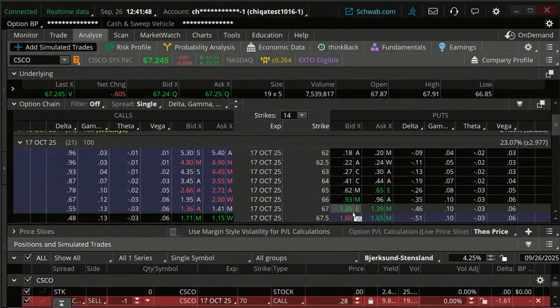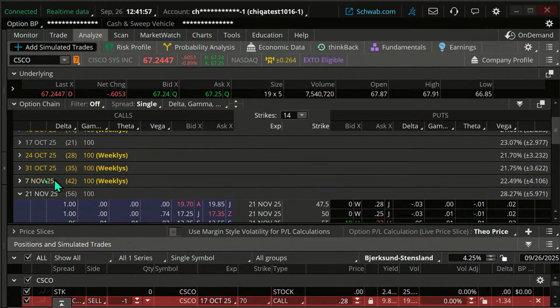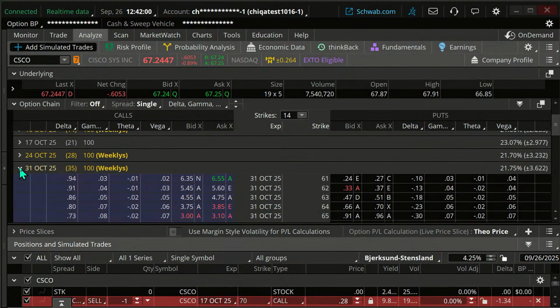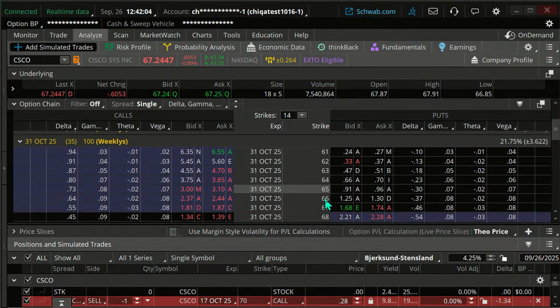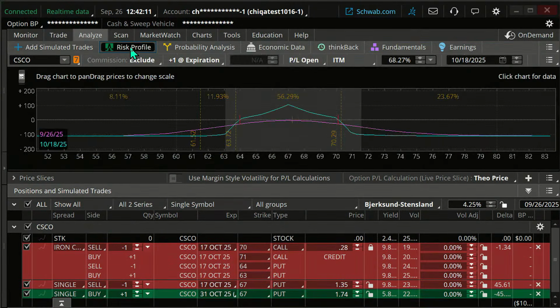And I'm going to click on the bid price. I'm going to go down here. Give us a little more time. We'll go to 35 days. And we said we were doing 67. I'm going to click on the ask price. And now what do I have? Let me go back to that risk profile. That's both trades together. If I did both together, there's nothing wrong with doing both together, but that's how it is. If I just want to look at one or the other, uncheck.